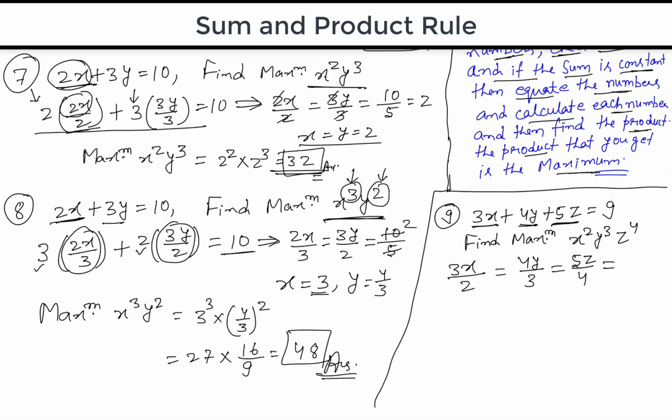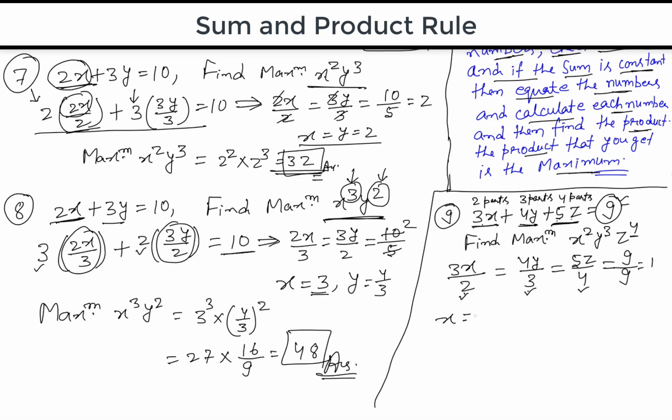And each one of them should be equal to 9 divided by how many items? How do you know how many items? 2 items, 3 items, 4 items. So 2 plus 3, 5. 5 plus 4, 9. Right? So this is the trickiest part. Why divide by 9? Because this 3x was divided into 2 parts. This 4y was divided into 3 parts. And this 5z was supposed to be divided into 4 parts. So total how many parts? Total number of parts will be 9. So 9 divided by 9 is equal to 1.